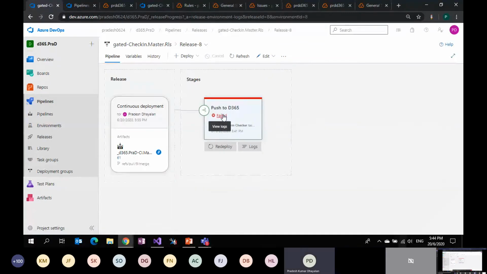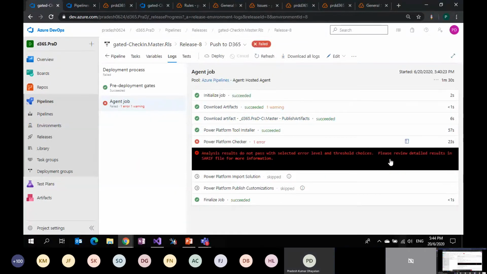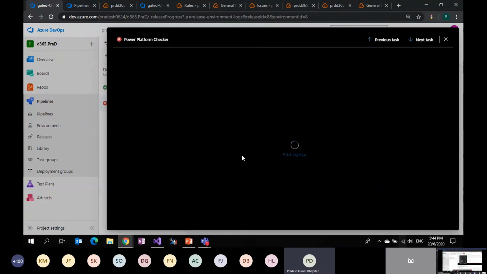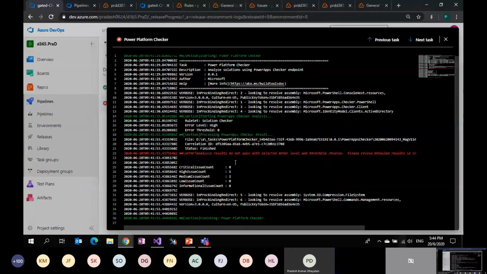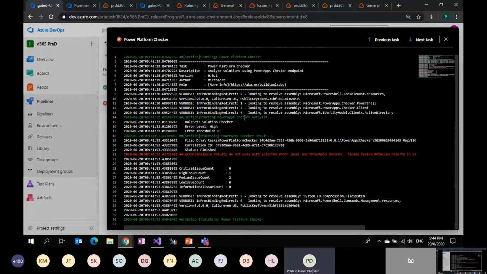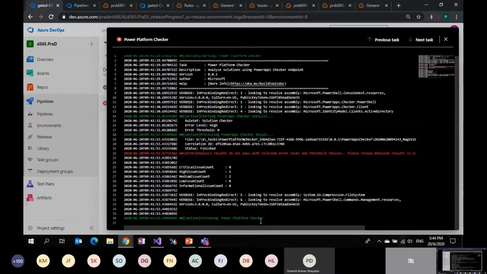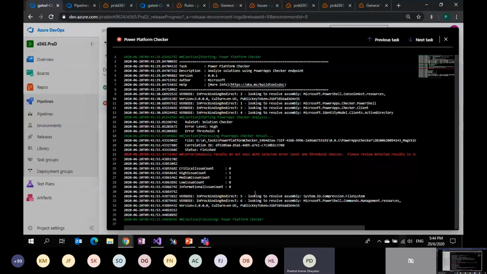So it got failed. So why did it fail? You can see the analysis result does not pass the selected error level thresholds. It will be available in the artifacts, but we don't have it here. So I'll try to get the